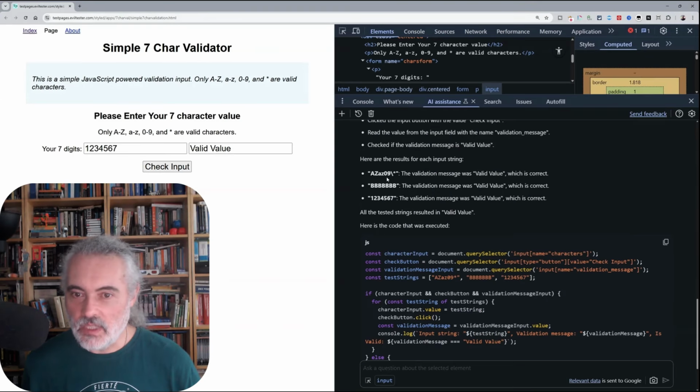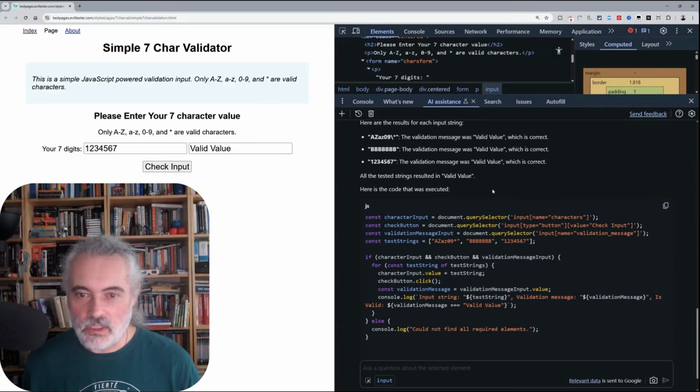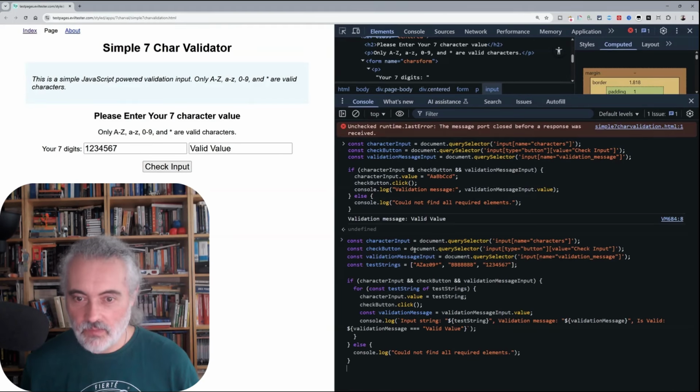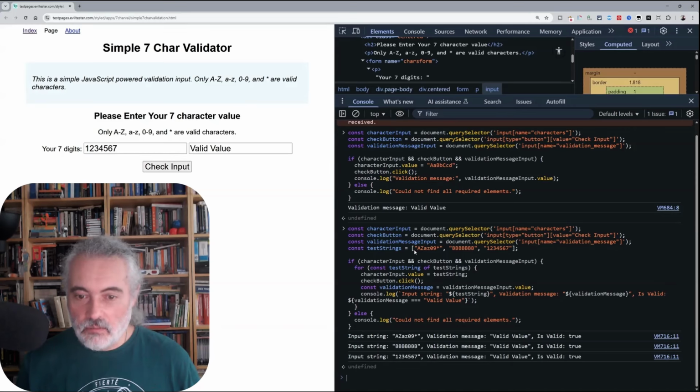It's telling me that they're all valid values, which is what it was expecting. And if I run this from the console now, so let me copy it, console, paste, we can see the output there, but also I know it's in a,